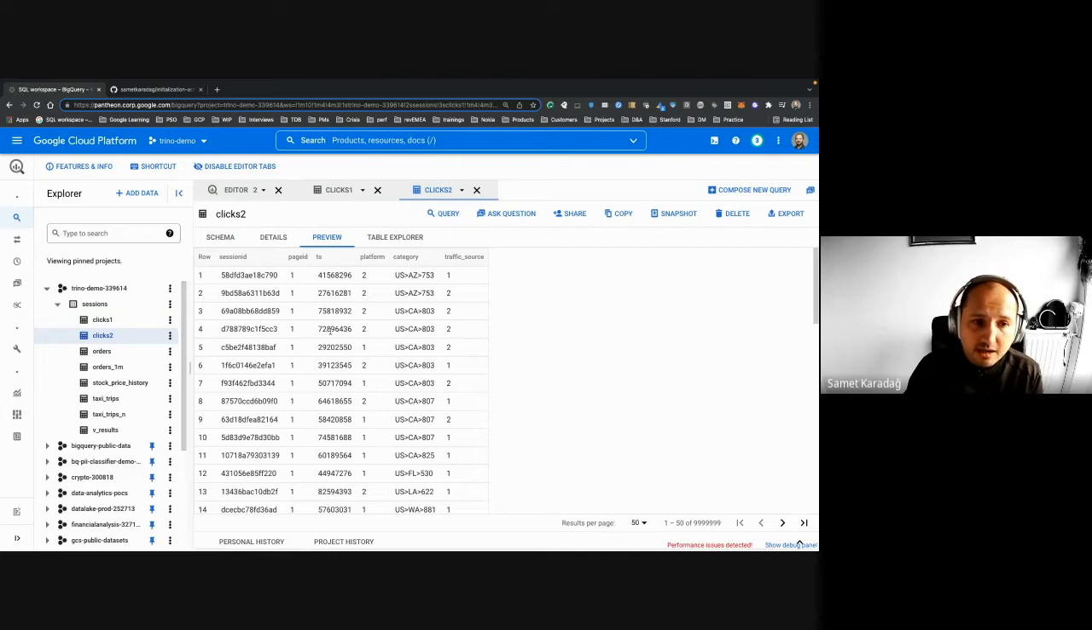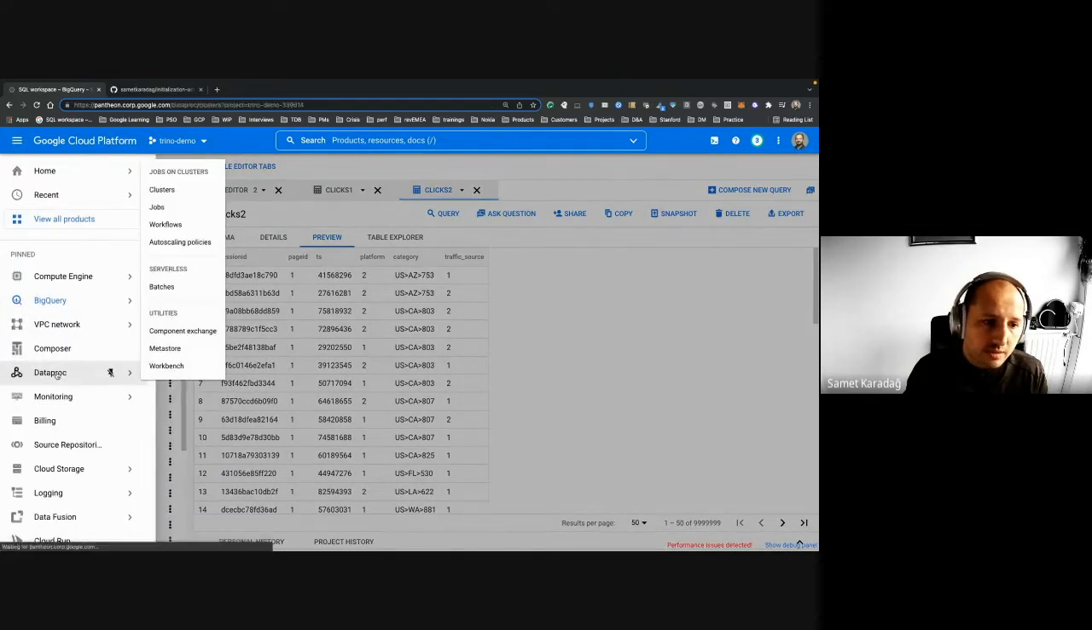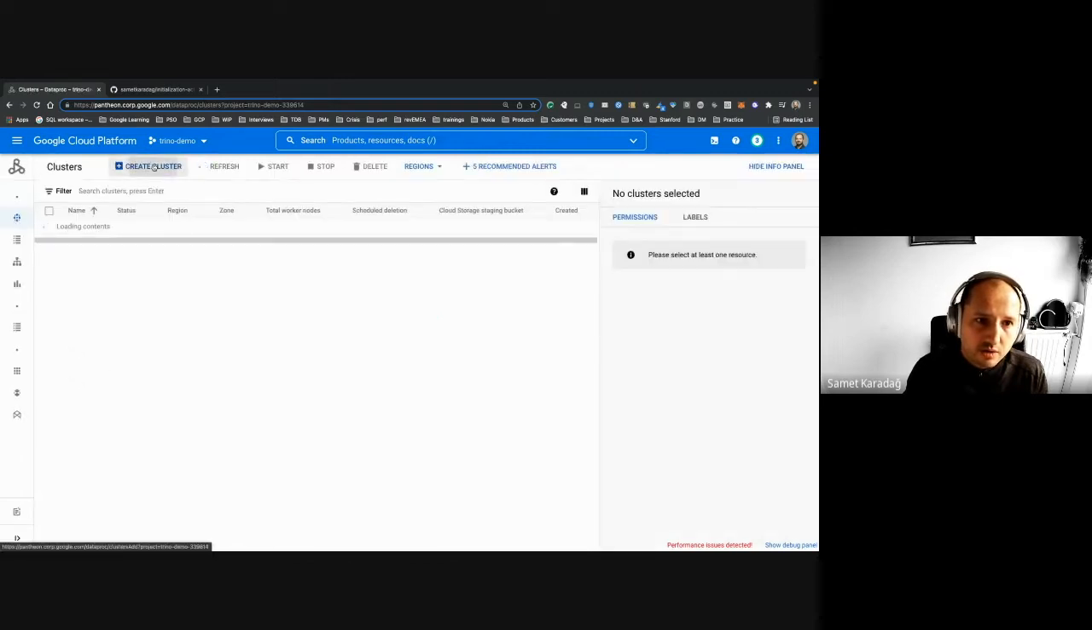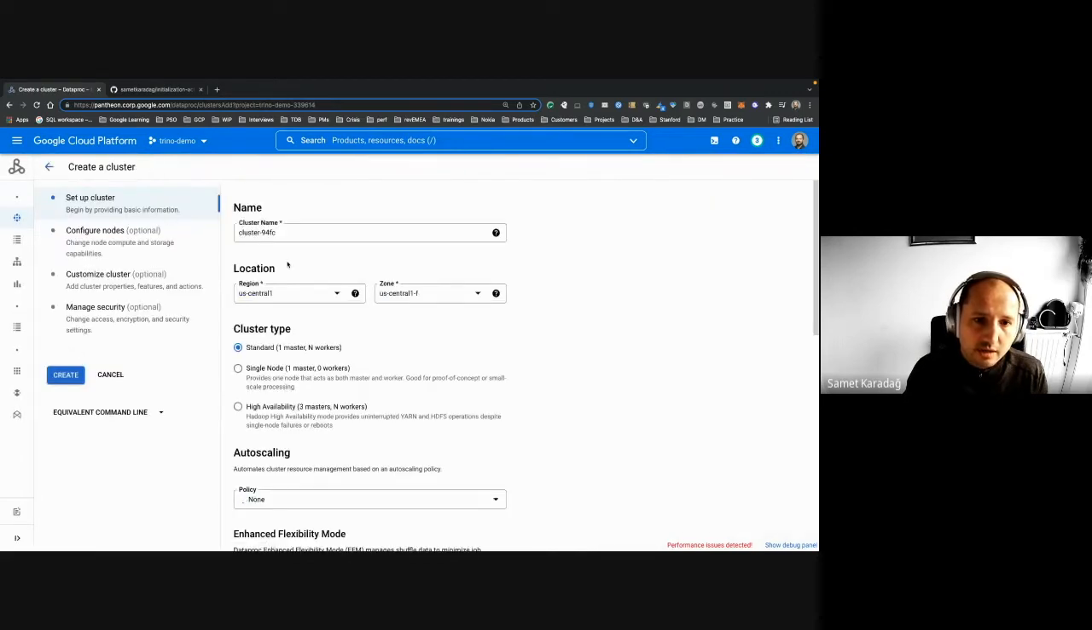So how do we set up? Basically, if you want to run match recognize within BigQuery, you will get an error because match recognize is not available here. And you need to create a Dataproc cluster. So if you go to Dataproc and create a cluster,